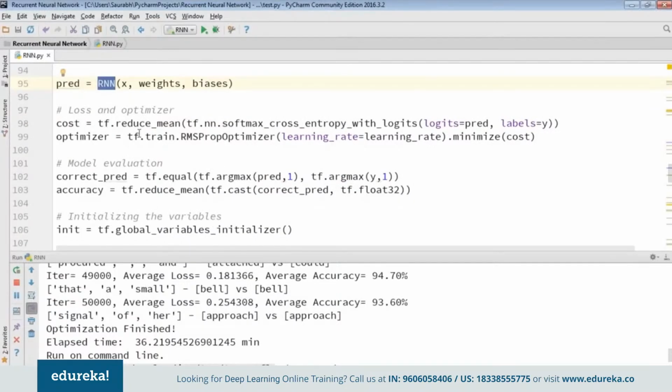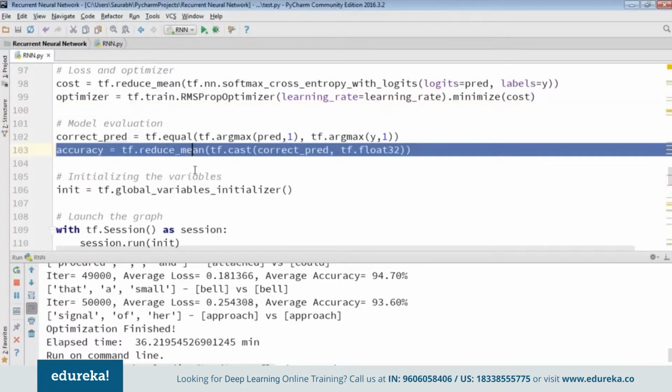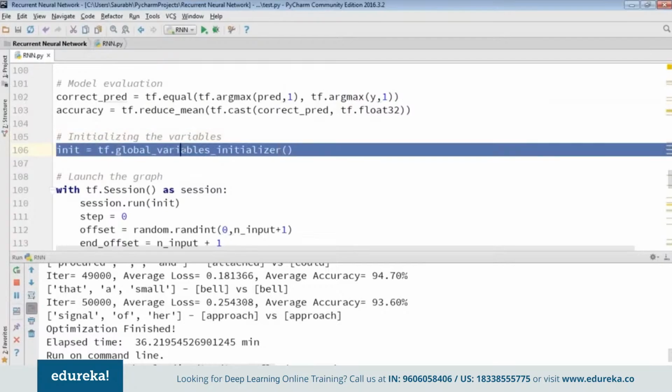For calculating the loss, we are using reduce_mean and softmax cross entropy. And this will give us basically the probability of each symbol, and then we are optimizing it using the RMSProp optimizer. All right, and this actually gives a better accuracy than the Adam optimizer, and that's the reason why we are using it. Then we are going to calculate the accuracy, and after that we are going to initialize the variables